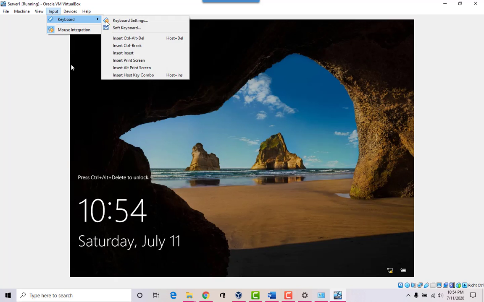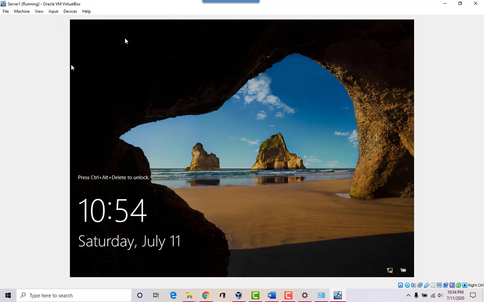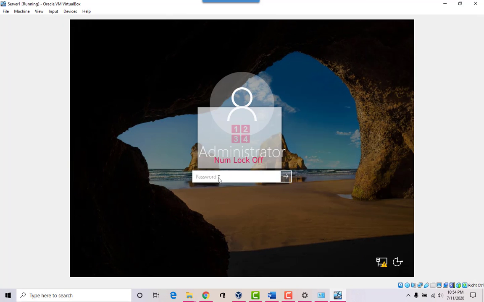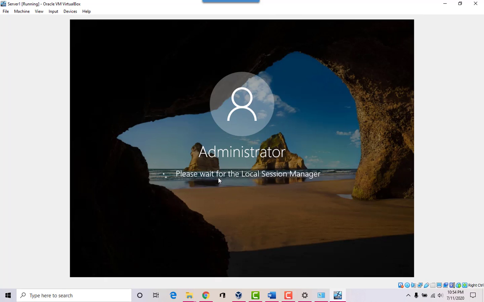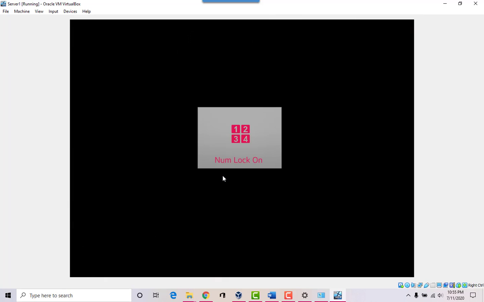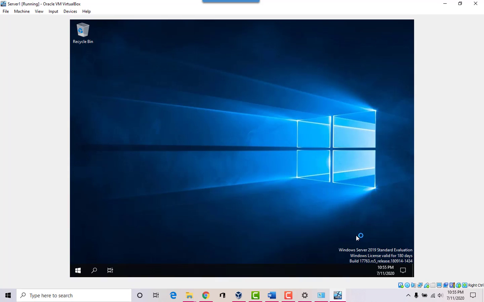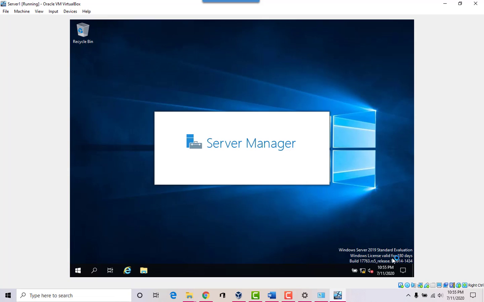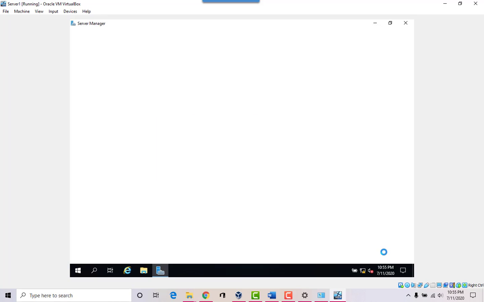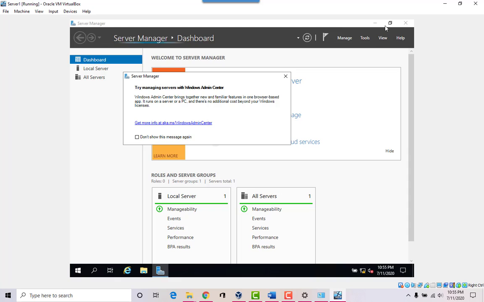Go back to input, insert Control Alt Delete, and log in. And you can see that the server over here is telling me that it's a standard evaluation and I only have a few days.